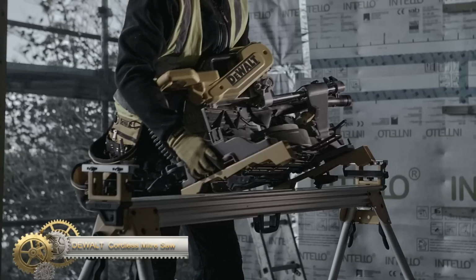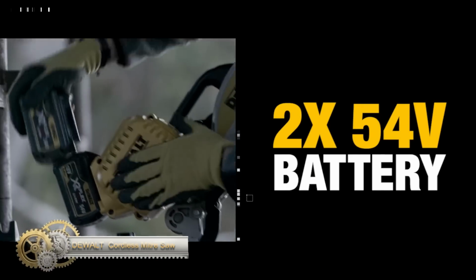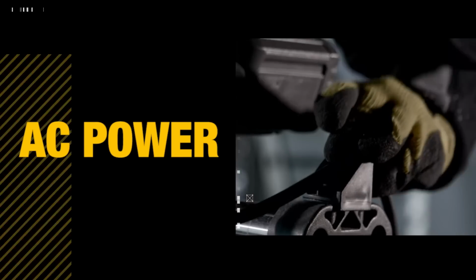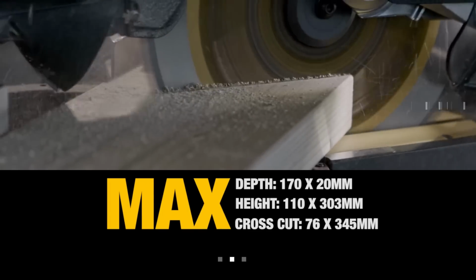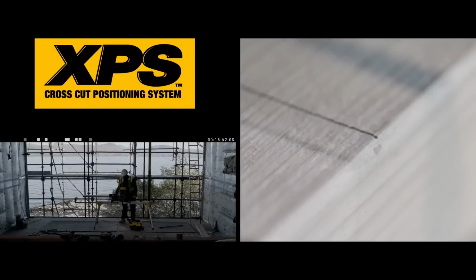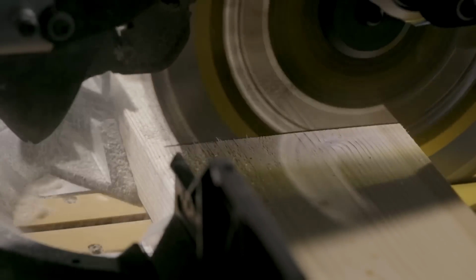Get your cutting job done with ease using the new DeWalt FlexVolt 305mm Mitre saw. This cordless saw features a brushless motor and hybrid drive, and can be powered by either 2x54V FlexVolt batteries or an AC/DC mains adapter for maximum flexibility. Despite its compact design, it has a huge cutting capacity of up to 303x110mm, making it perfect for both small profiles and large construction timbers up to